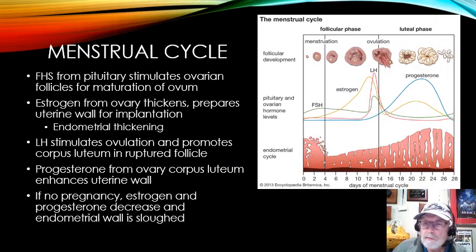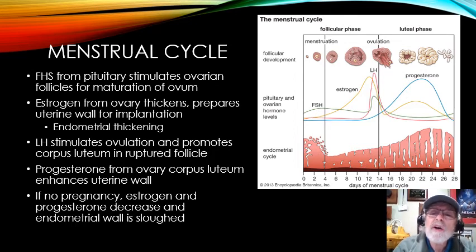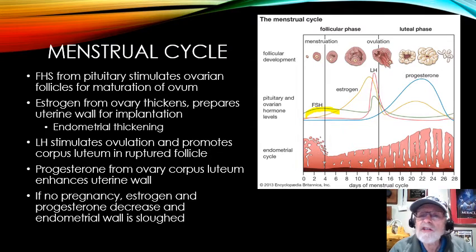Now, I want to go over a couple things on this to talk a little about the physiology of what really happens, because we've talked about the anatomy and we know what all the anatomical structures are, but I want to talk about the physiology of what really happens every month in a female during those fertile years. The first thing that happens is this area right here, the FSH.